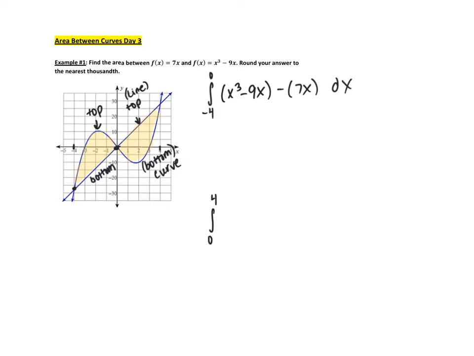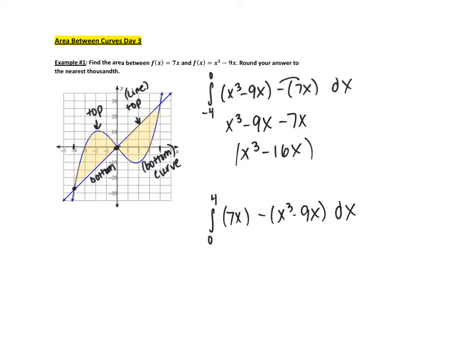The next one, my top one is my line and my bottom one is my curve. So the 7x minus x to the third minus 9x dx. And that's how you would calculate them, and we'd add them together to find the total area. So I'm just going to simplify this here. So distribute this: x to the third minus 9x minus 7x. That becomes x to the third minus 16x over the interval from -4 to 0